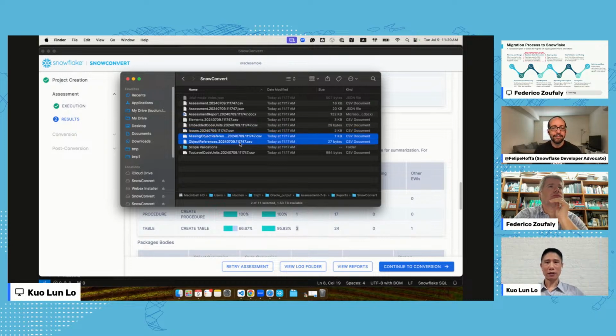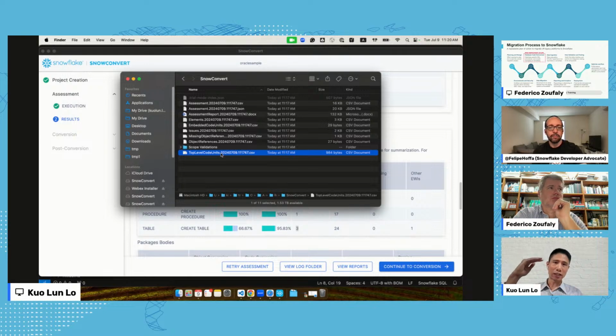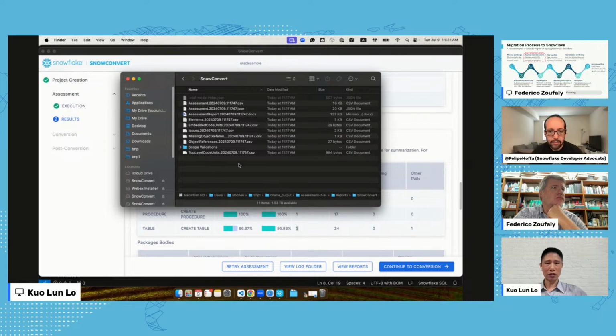And we also provide basic lineage information. These two reports will tell us the references from one table to another, or who points to whom, views pointing to tables, everything. And the top-level code unit report will tell us the tables, views, and procedures identified during the migration, the lines of code of each corresponding code unit, and also the errors or issues associated with each of these code units. So again, SnowConvert not only does code conversion, but it will provide you a lot of information for you to plan and to complete your last mile journey.